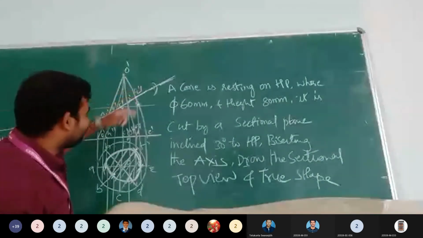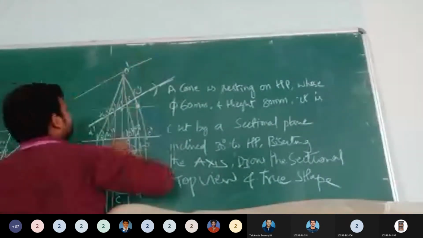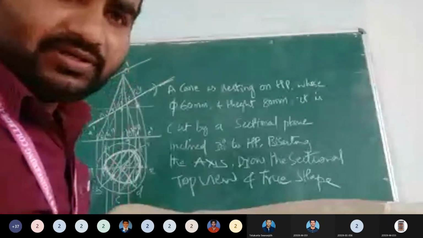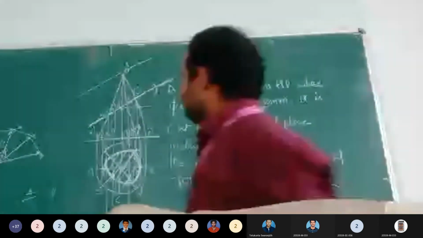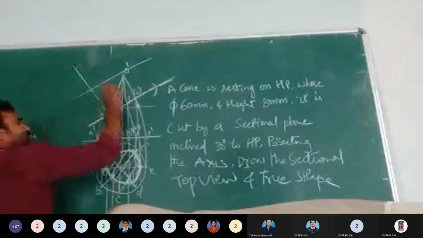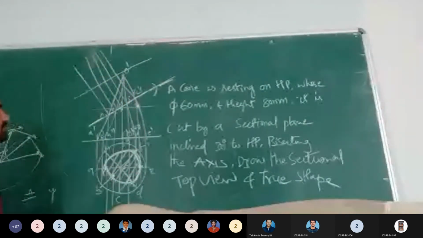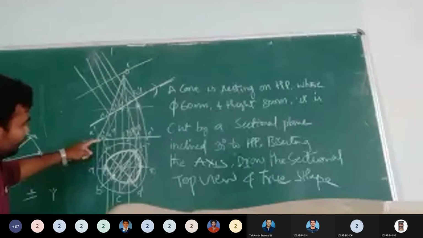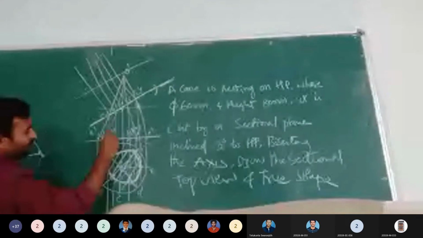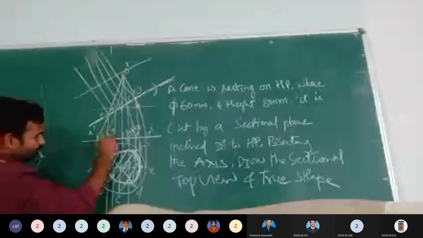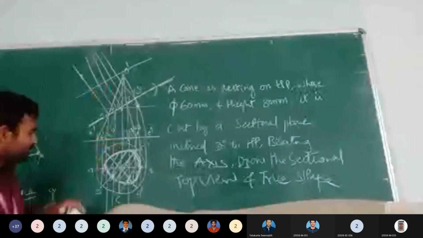Now for this inclined line, I will draw a parallel line somewhere here outside the diagram. Is the diagram visible? Clear? Yes. Right. Now from this point, I will project like this, same as the auxiliary views we have learned already. From every point, I will draw this. Now with the reference point, from here to here, take the radius. See, this is your A. The A dash line is going from here. So from this point, take the radius up to A. Take the radius of that and make a point from here.